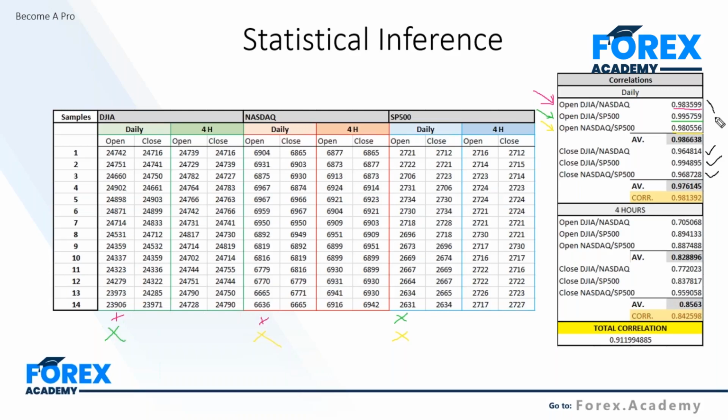Let me just take away some of these annotations yet again. These are our averages, guys, for our 3 opens and our 3 closes, and we're simply adding these and dividing by 2 for our correlation complete for the daily price action. For our daily sample we have a correlation between all 3 markets of 98 or 0.98. So they are very, very correlated over the past 14-day periods.